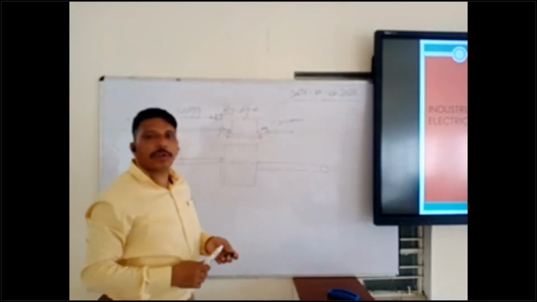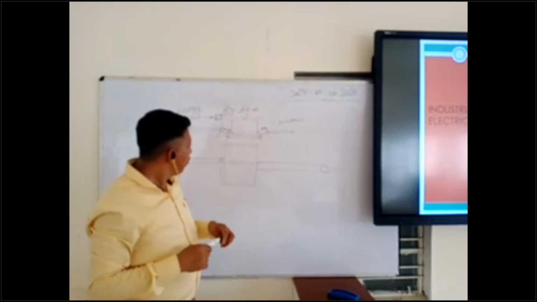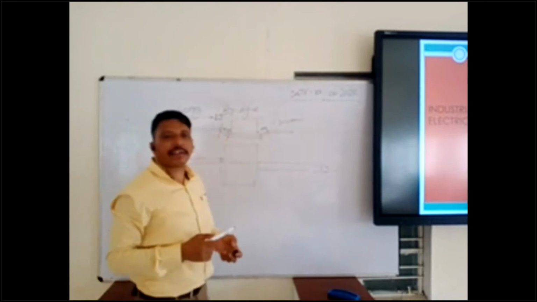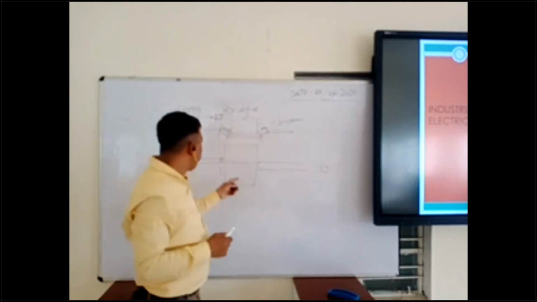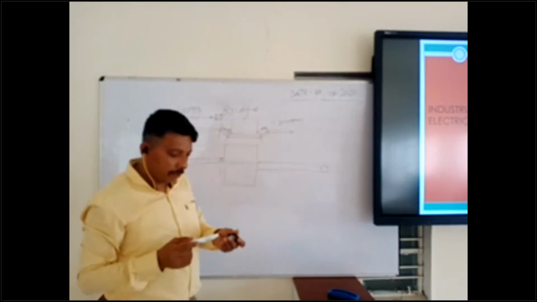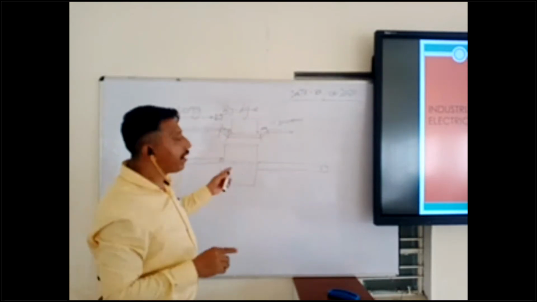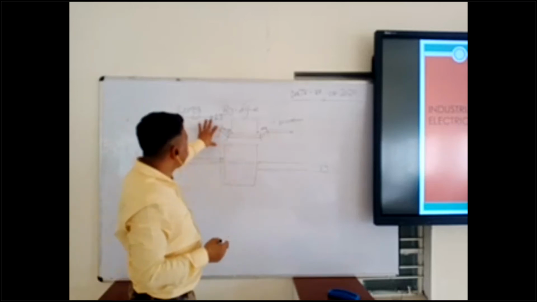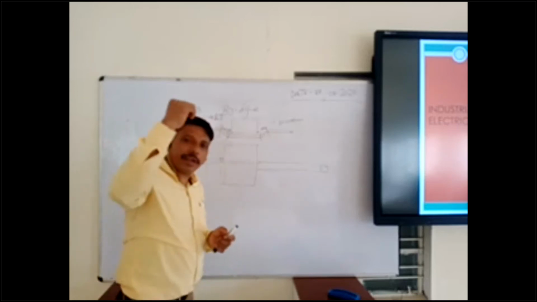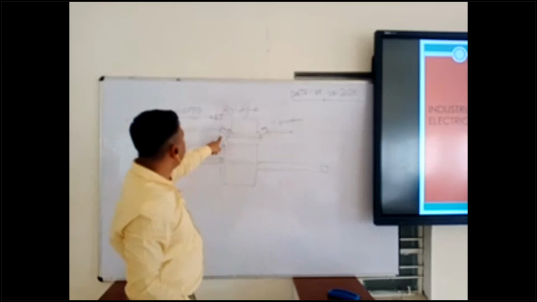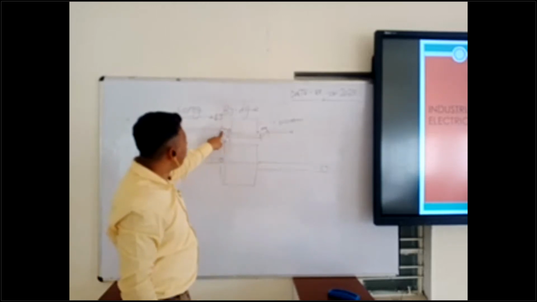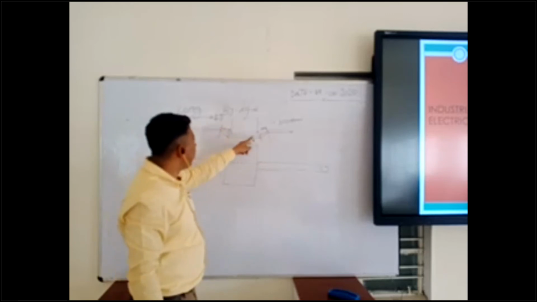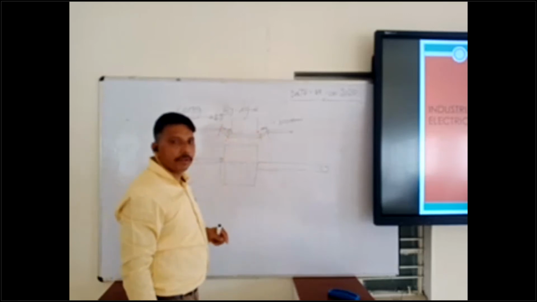For a long bridge, we need 4 markings on one pipe, but for a small bridge we can mark in only 3 areas. Okay, clear about this one. And the bends: a small bridge has 3 bends, and a long bridge has 4 bends. First bend, second bend, third bend, and fourth bend.